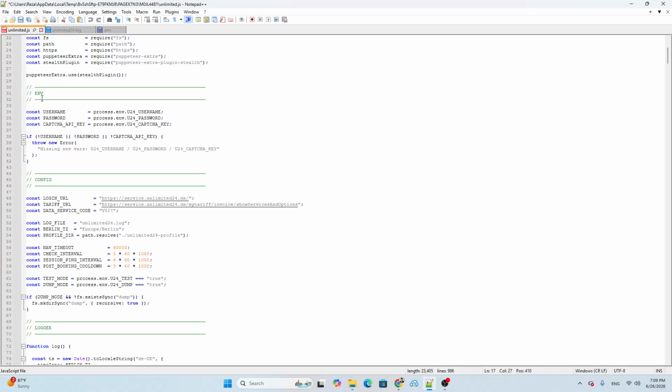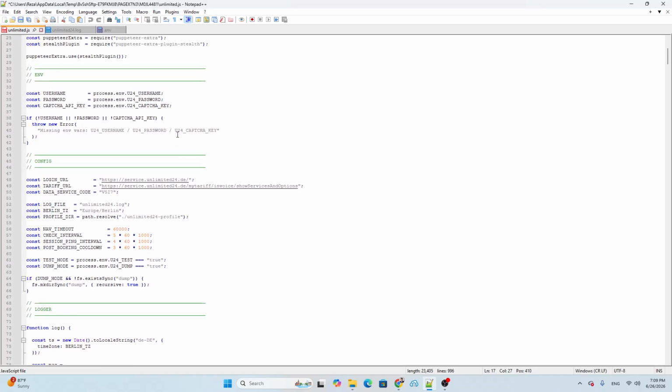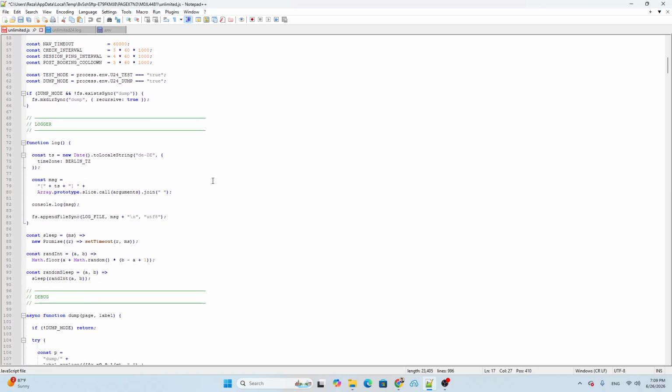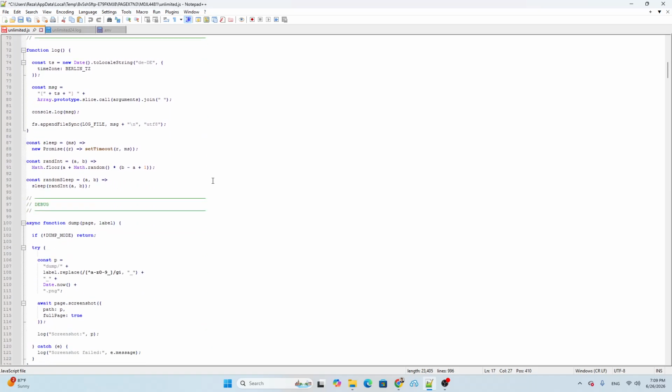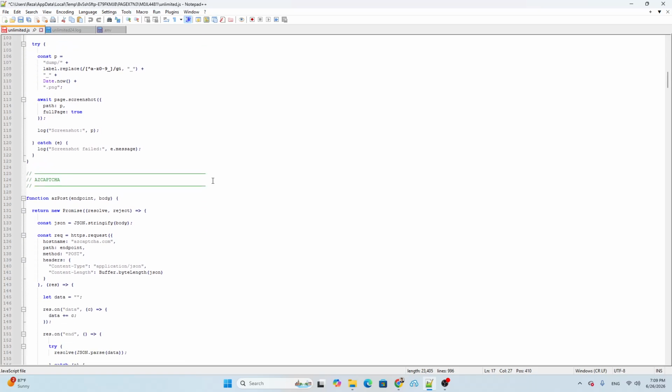let's go through the coding just very fast, and then at the end I will let you know how to create it. So this is the environment. It's just telling you, okay, this is the username and password, and this is the URL. Go to this URL, use this username and password, and then log in, and then keep this login. Create a profile of this Chrome and keep this login session for yourself, and then